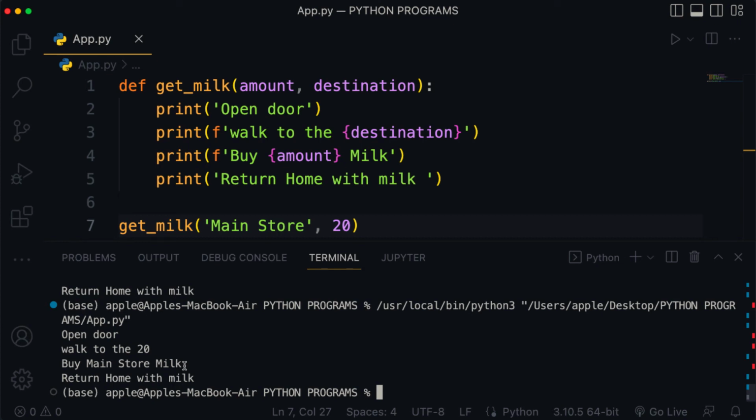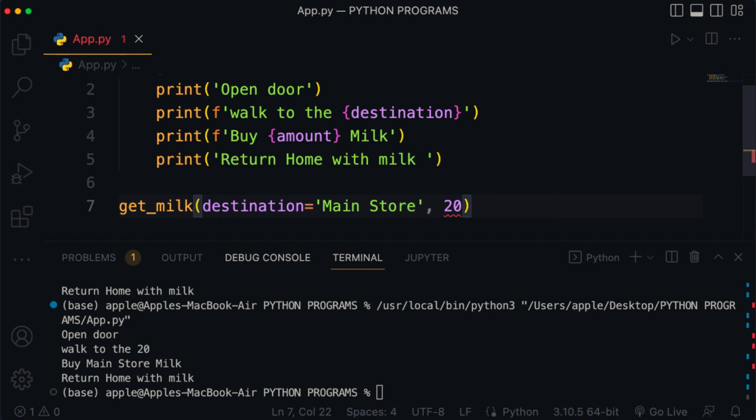We can also match our arguments by providing a name. In other words, we can add the name of our parameters to the function call so that Python will match its value by keywords. So if we say destination is equal to main store and amount is equal to 20,